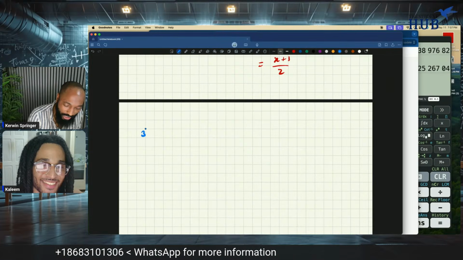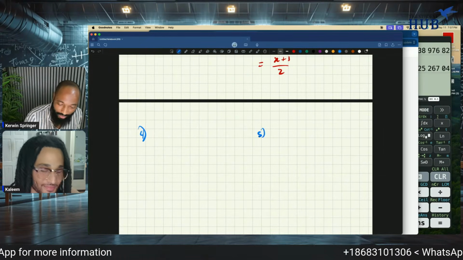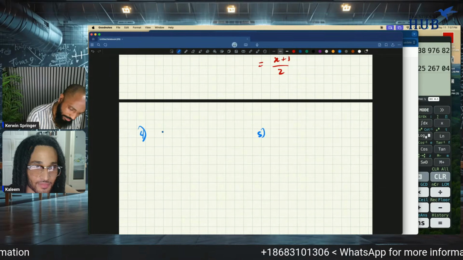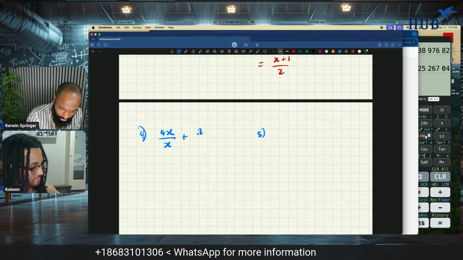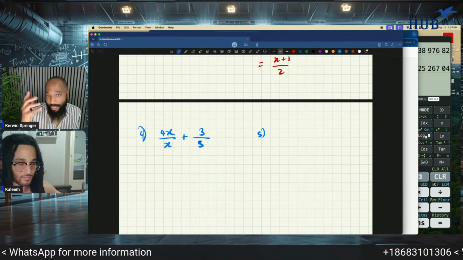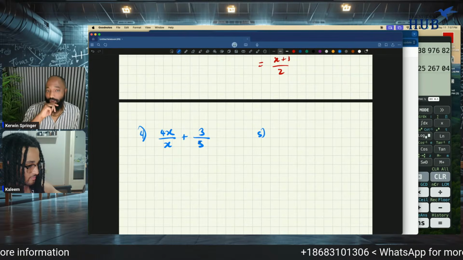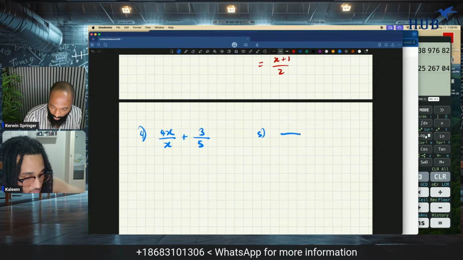So we're gonna increase the difficulty. I forget what number we're on. We pretend our number 4 and 5 here. Let's say I have 4x over x plus 3 over 5, and I want that in one fraction. How do you do that one? Notice the denominator has the x in it. What about if I have